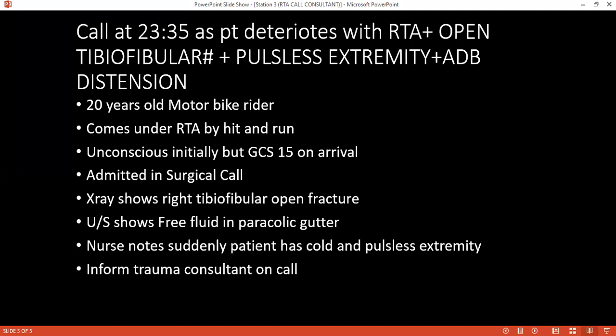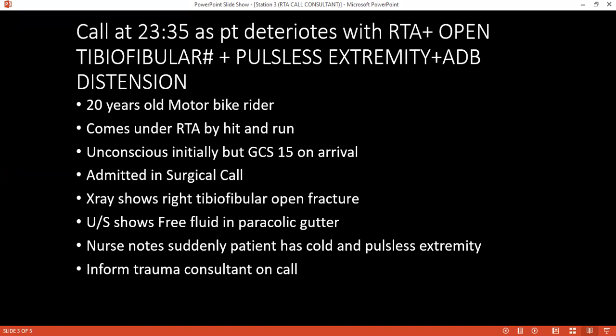Is the patient wearing a C-collar? Sorry, sir, I didn't check that as well. I will check that and get back to you. Please check for that. What's the most urgent for the patient? Now the patient has a very cold right lower limb with no pulse. So I think it's a vascular injury of the right leg, and that one is urgent.